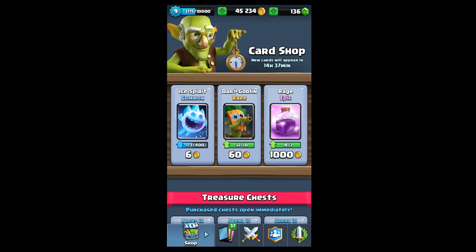You'll be offered a common, a rare, and an epic, right? Or maybe 2 commons and a rare. It'll vary, right? And on Sundays you'll actually have 6 cards to choose from. Your first